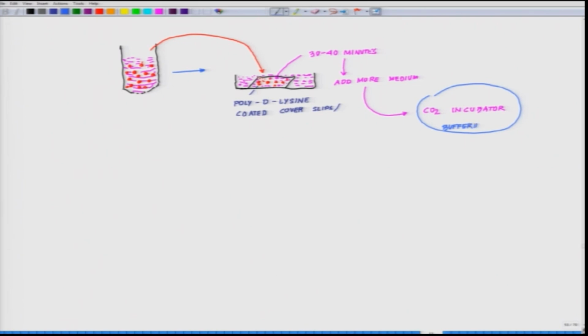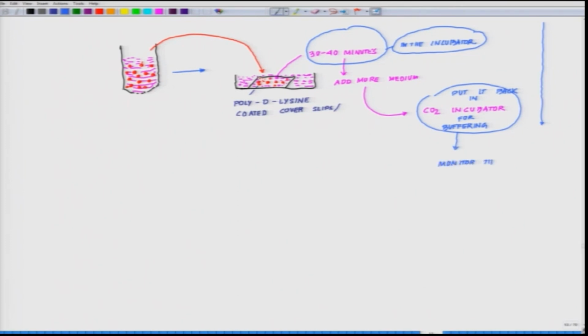We will come to this very soon, and here is your put it back in CO2 incubator for buffering, and here also you left it in the incubator. Okay. And now you